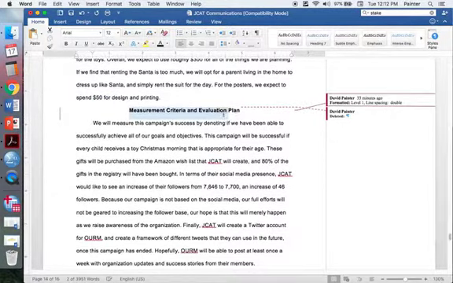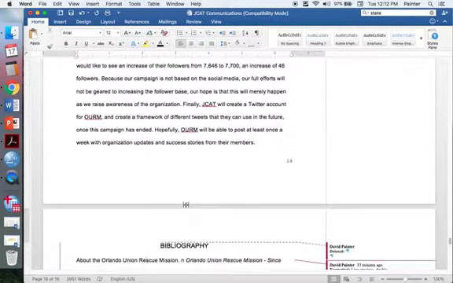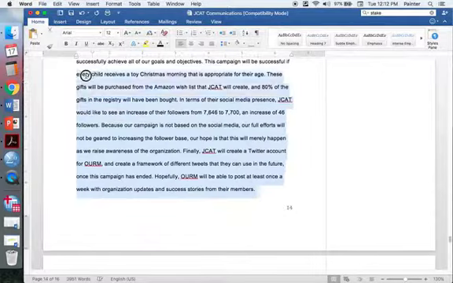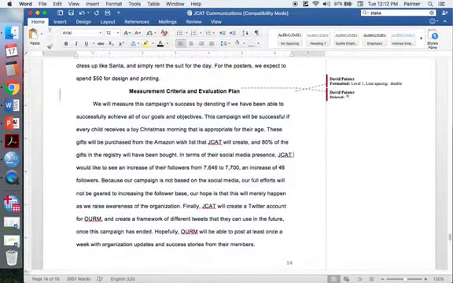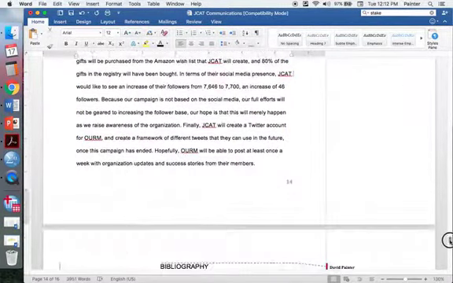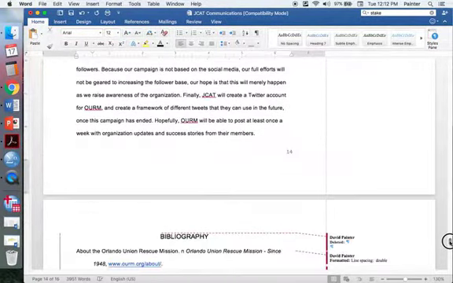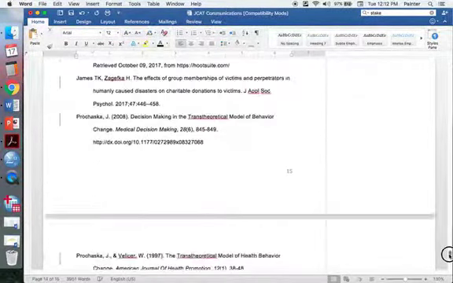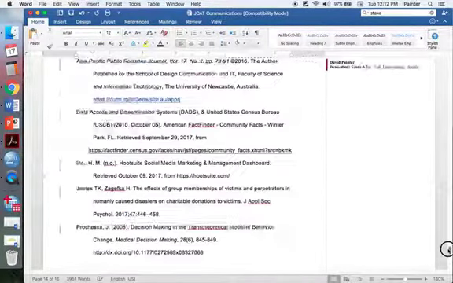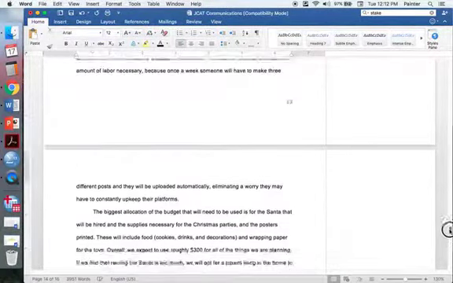Your measurement criteria and evaluation plan should go back to your objectives, getting 80% of the gifts from your wish list, which I don't see here anywhere, right? So it's problematic because it's like parts of the paper are just completely disconnected from other parts when they should be closely aligned. Bibliography looks pretty good. If you have any questions or concerns, please let